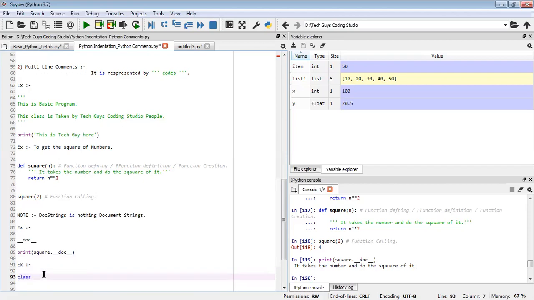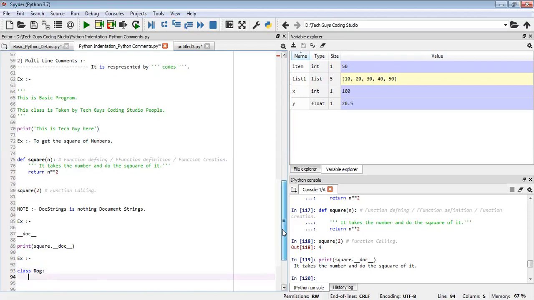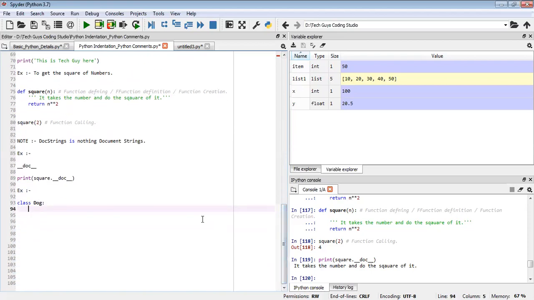Now I'll take one more example, a class, like dog. And here we'll take this is like our family person. Like this I'll write.